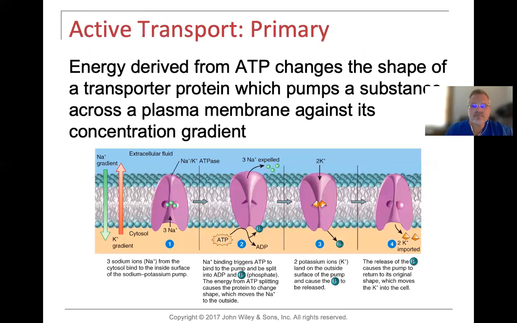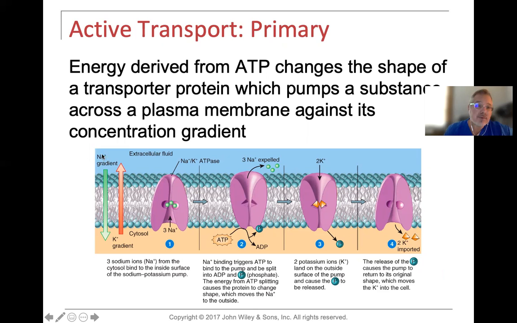Okay, active transport is different than passive, right? Passive didn't require energy, but active transport is like swimming against the tide. It is walking against the winds, right? It requires more energy to do that. So what we know happens and takes place, if you look at the left-hand side, outside of the cell, extracellularly,